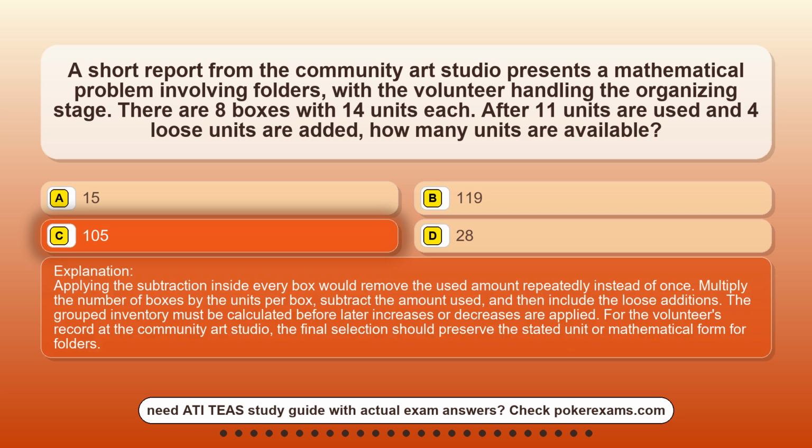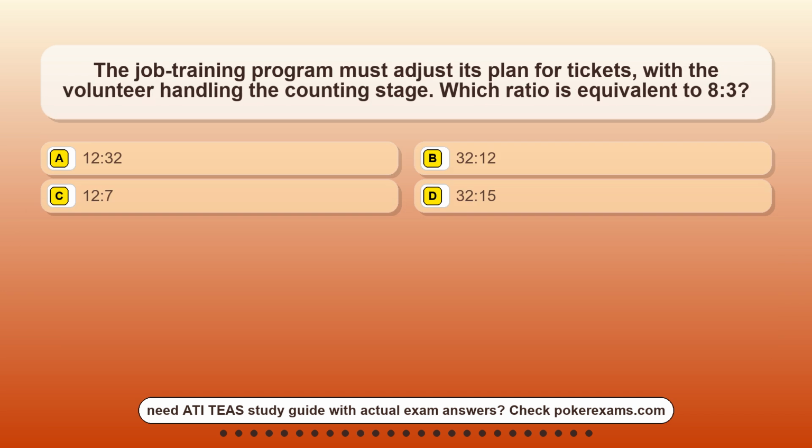Applying the subtraction inside every box would remove the used amount repeatedly instead of once. Multiply the number of boxes by the units per box, subtract the amount used, and then include the loose additions. The grouped inventory must be calculated before later increases or decreases are applied. For the volunteer's record at the Community Art Studio, the final selection should preserve the stated unit or mathematical form for folders. Question 24. The job training program must adjust its plan for tickets, with the volunteer handling the